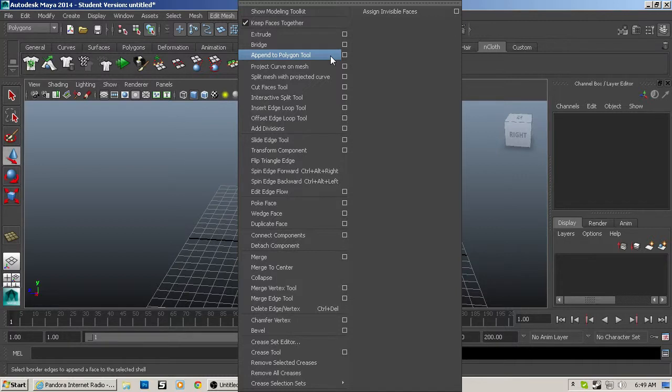Append polygon tool. Project curve on mesh. Split mesh with projection curve. Cut face tool. I'm sure you recognize that some of these tools were already on our menus. Intersect edge loop tool, offset edge loop tool, add divisions, slide edge tool, transfer components,